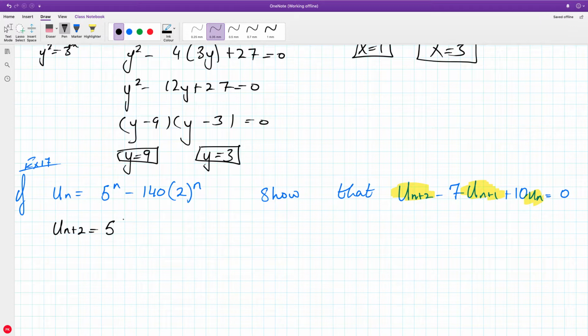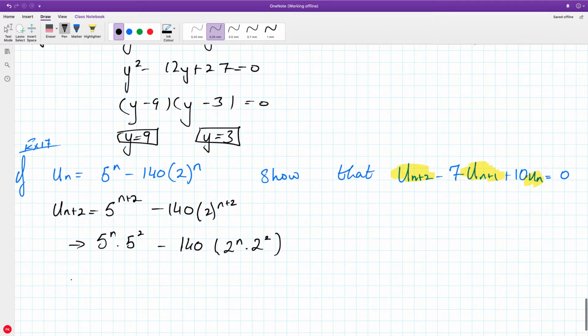Instead of putting in 5 to the power of n, I'm going to put in what this time? 5 to the power of n plus 2, exactly. Minus 140 times 2 to the power of n plus 2. Right, we've got to simplify this first of all before we sub it in. That's 5 to the power of n by 5 to the power of 2, minus 140 times 2 to the power of n by 2 to the power of 2,